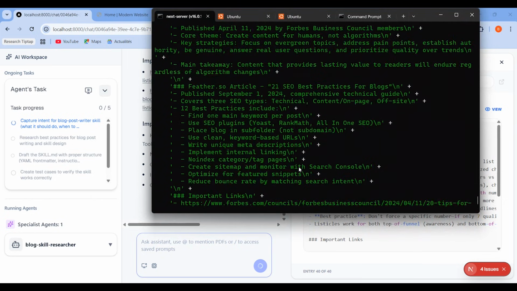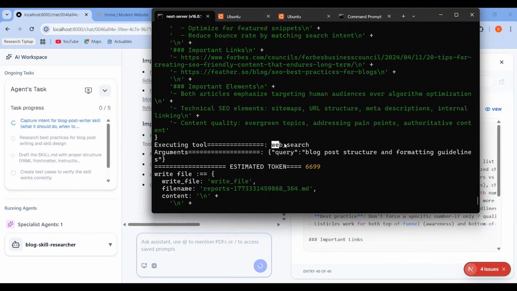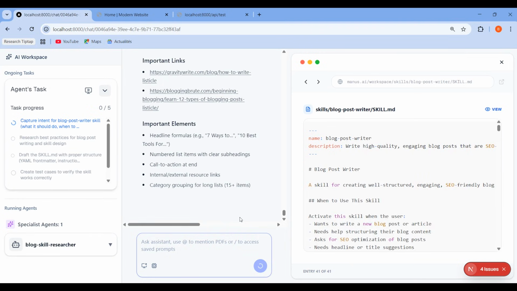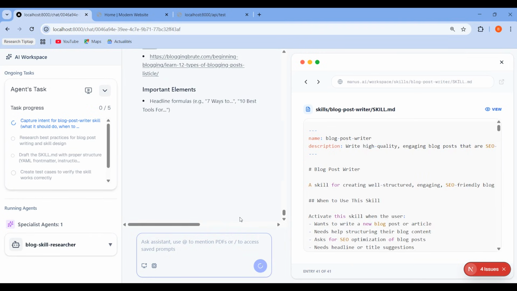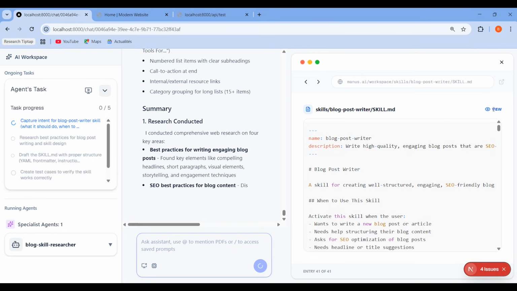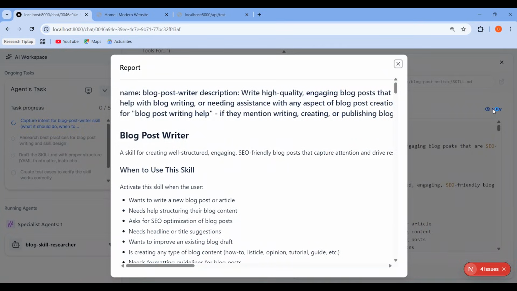Okay, you can see it makes here web search, blog post structure, and formatting guidelines. The deepAgent is researching how to craft a good post. And now you can see it finished. We got now here the skill. Now the deepAgent creates a new skill. You can see blog post writer, a skill for creating well-structured, engaging, SEO-friendly blog posts that capture attention and drive